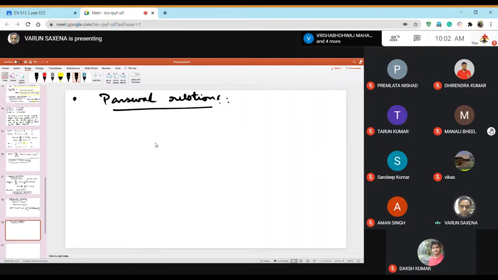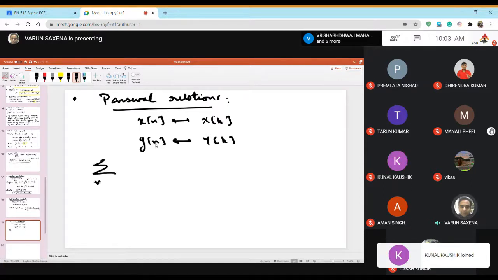So if x[n] has DFT capital X[k], and we have y[n] with DFT capital Y[k], then one can say that the Parseval relation is